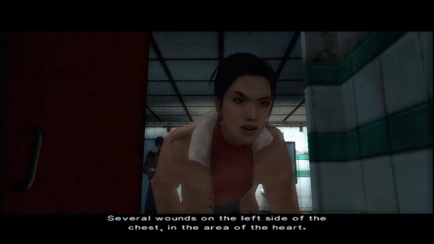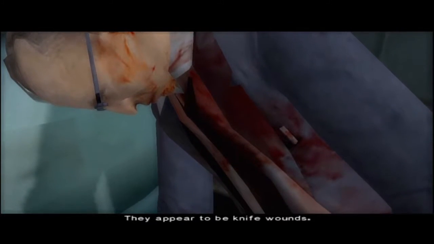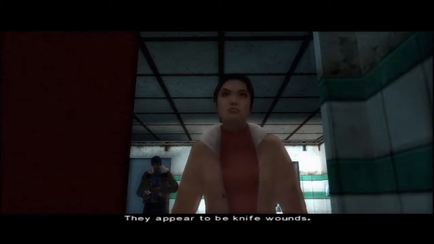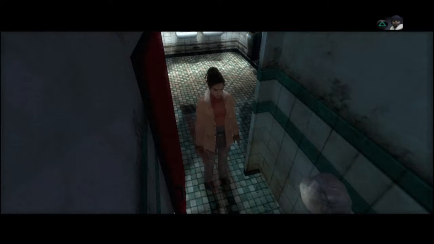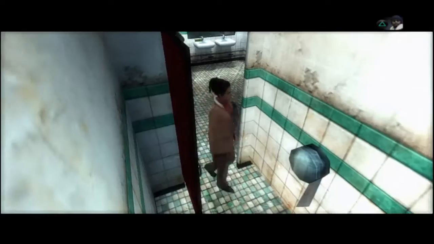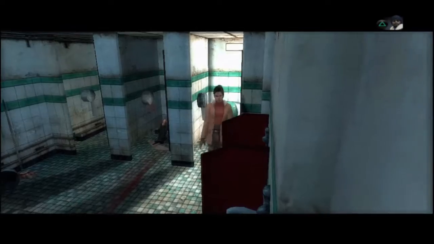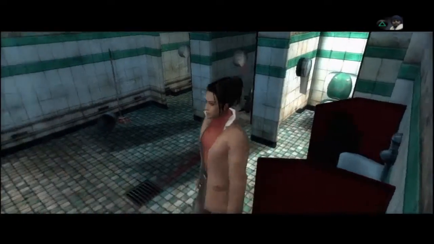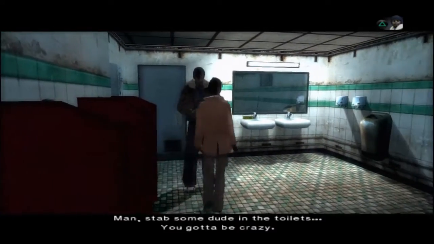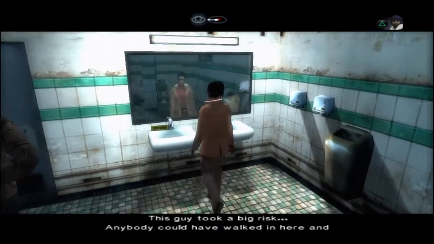Several wounds on the left side of the chest and the area of the heart. They appear to be knife wounds. Man, stab some dude in the toilets? You gotta be crazy. This guy took a big risk.